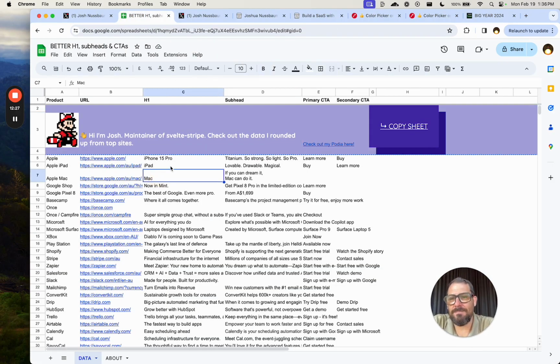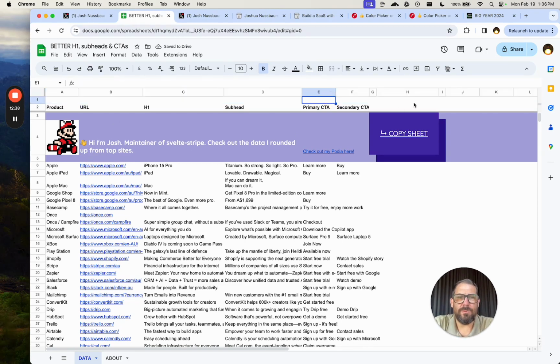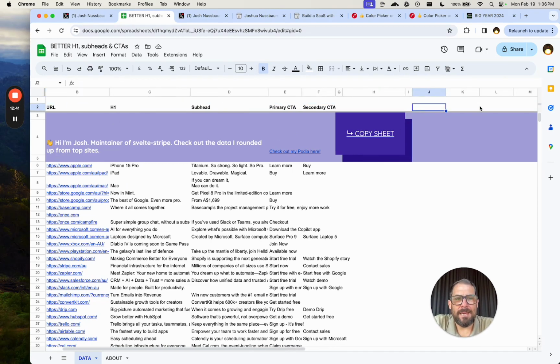All right, let's get to some analysis, because I think we can do some really cool stuff here. And we can even add it. We can actually, I think, add a row above here and add this data here. So what do we need? Let's add some more data here. I'm going to add it far to the right. I'm going to do CTA